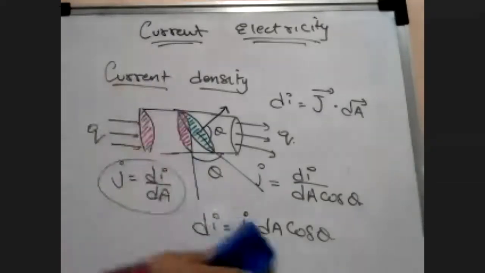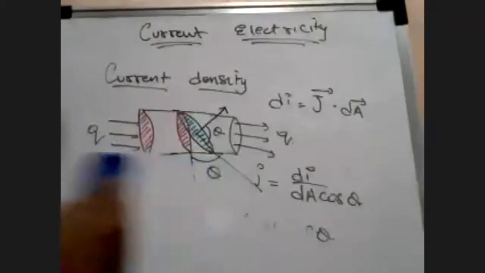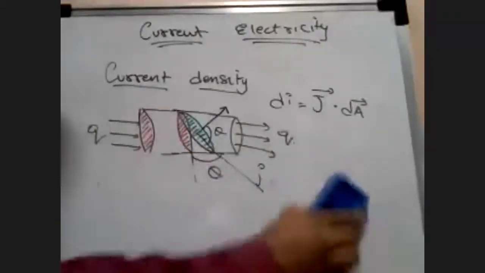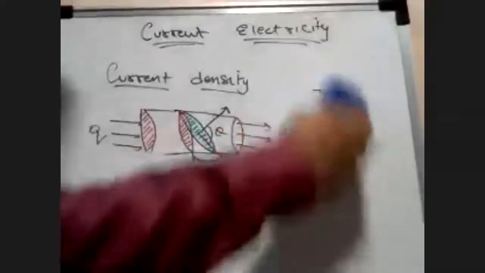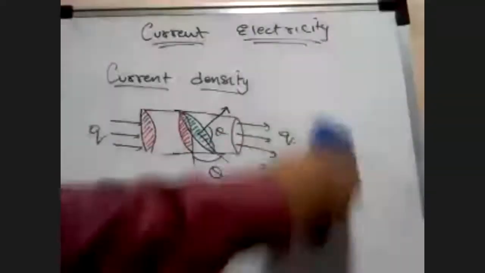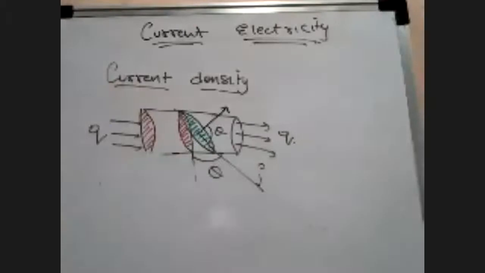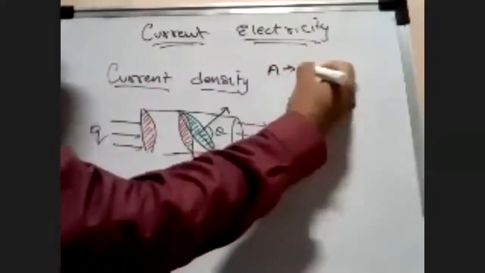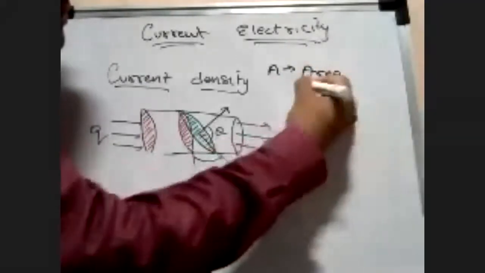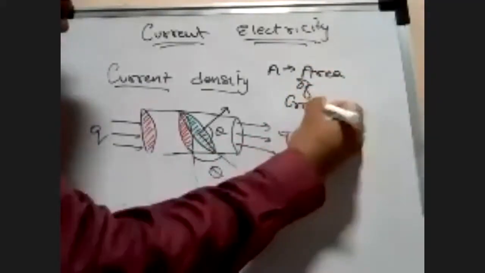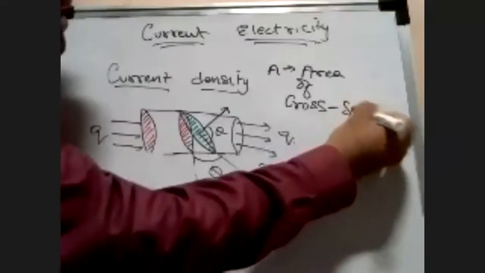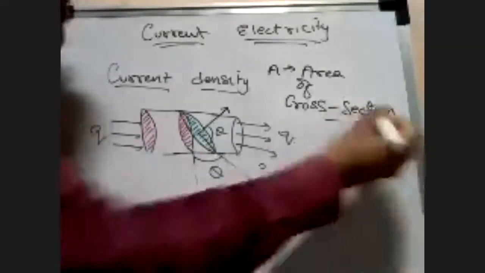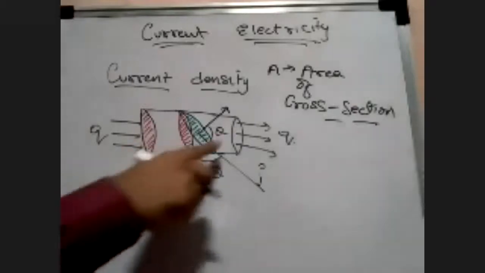It will get interesting. Those of you who are here, please listen to me. I'll just repeat this small thing again without wasting too much time, and we'll get into the derivation. So look here. The first concept was about current density. Current density simply means current flowing through an area, and that area is basically the area of cross section. A is what? Area of cross section. So maybe I didn't mention that, but now it is clear.